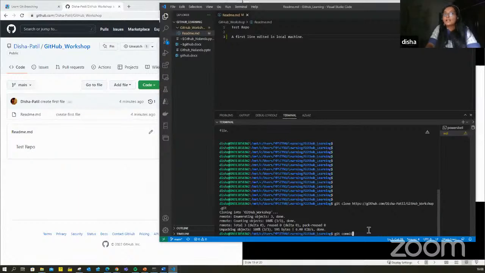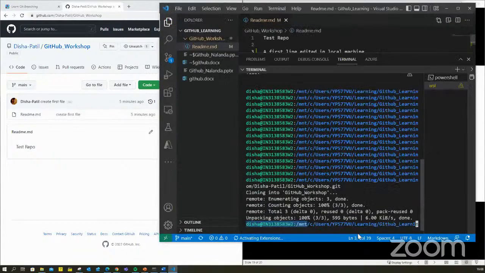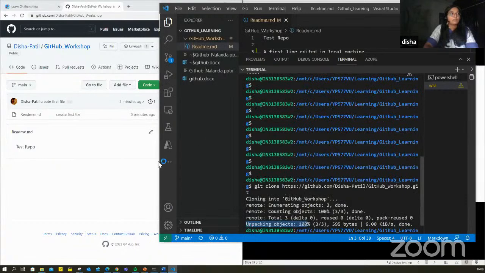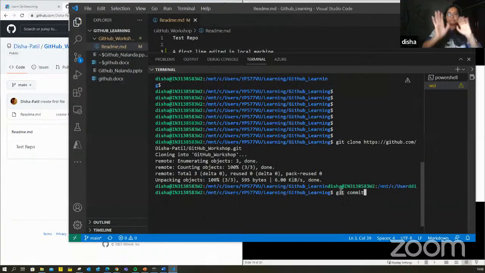I hope you are able to see the font on this screen. The terminal that I'm using, I'm writing on the last line. If you want, I'll just increase it a bit. Yeah, this is maybe helpful. Yes, this is helpful. Yeah, I'll do a little bit of space management. So I'll go back to GitHub later.